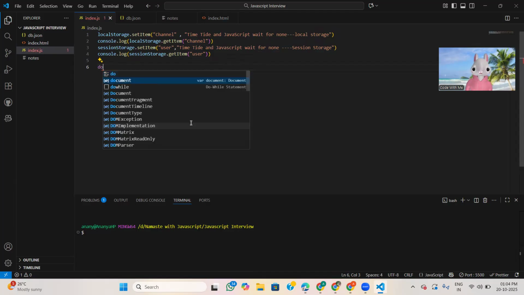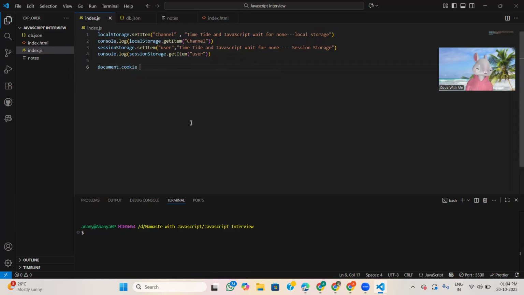Now here we write document.cookie, username is equal to this, and at what time it expires. expires is equal to... what is today's date?